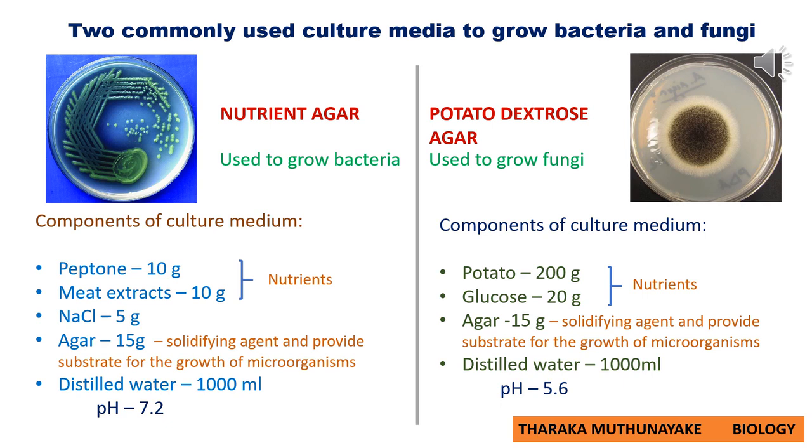Here we said earlier, pH value should be optimized. A proper pH value should be there for the proper growth of microorganisms. So here in nutrient agar, final pH value should be pH 7.2. After preparing this culture medium, let's say there's a slight difference in pH value. We can check the pH value and imagine there's a difference in pH value than 7.2.